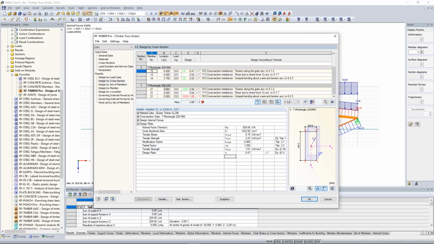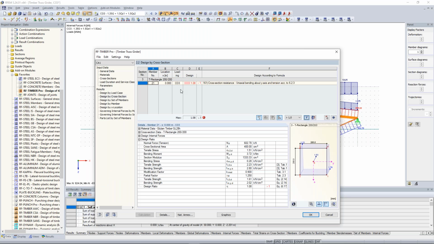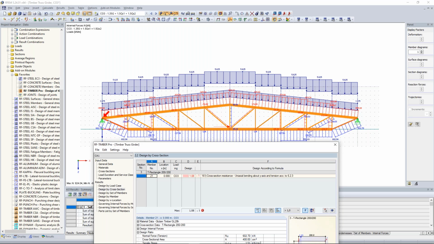I'm pretty sure that this is the diagonal here on the left or right side. So I can filter them a little bit better. I click on this rectangle and I can see this member, this diagonal,